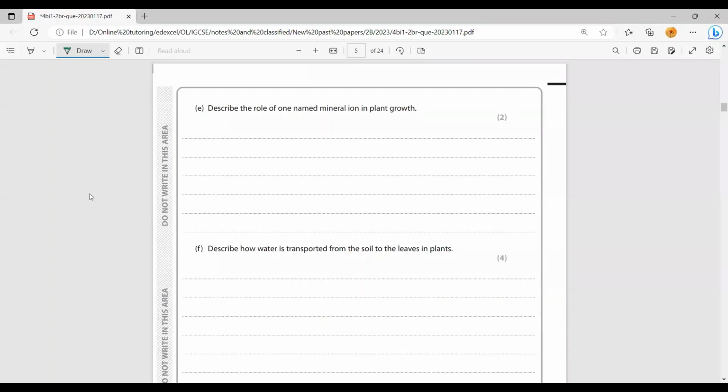Describe the role of one named mineral in plant growth. يبقى you have to mention the mineral and what is its role. عبد الرحمن طارق. Any mineral and its role طبعا. مغنيسيوم. تمام. بيجي في الكلوروفيل. مغنيسيوم ده بيديوس للكلوروبلاست. لا, مش احنا قلنا ما نقولش كلوروبلاست. هقول ايه؟ المغنيسيوم is used to synthesize ايه؟